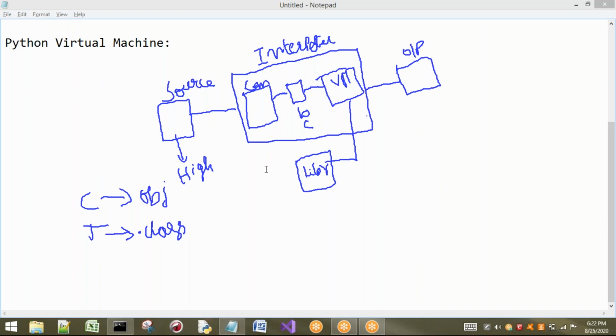There is no concept of separate compilation for Python. Internally, in the interpreter we have a compiler, which converts our source file to bytecode and sends that bytecode to the virtual machine. Directly, we can see the output.